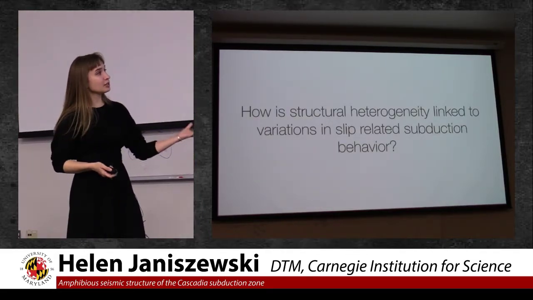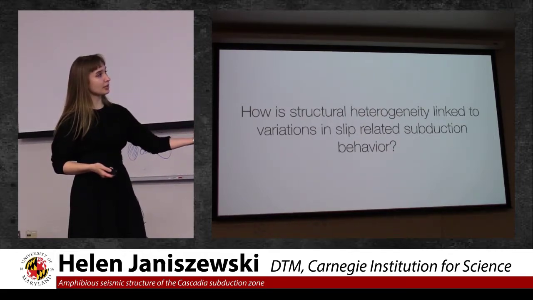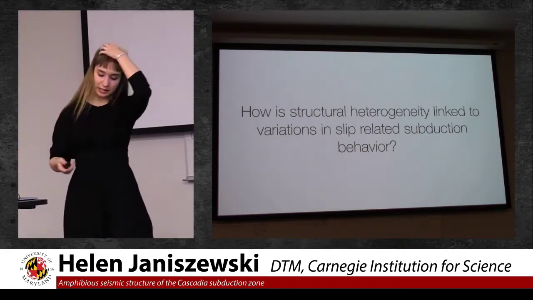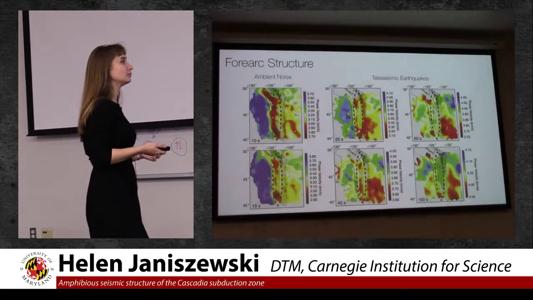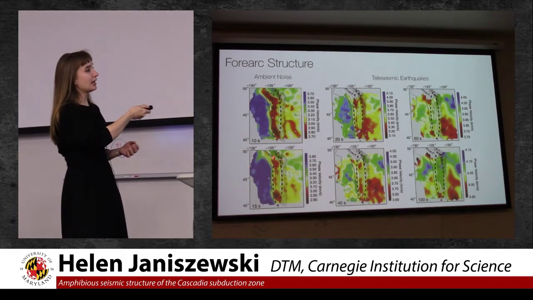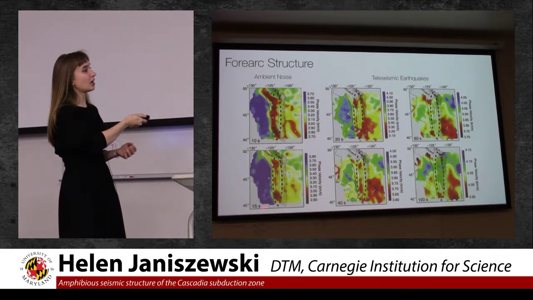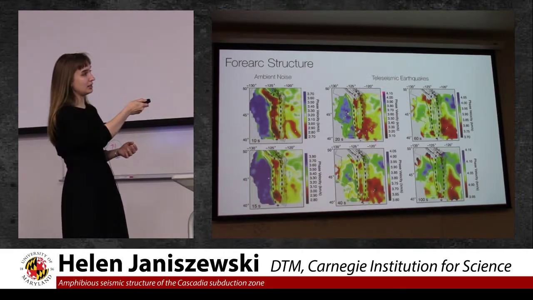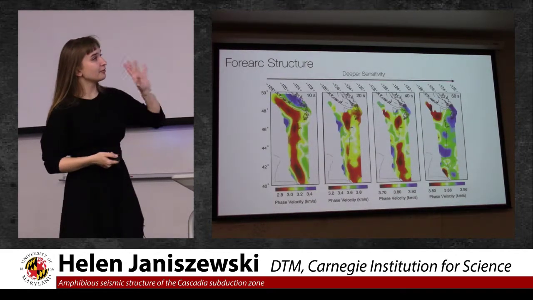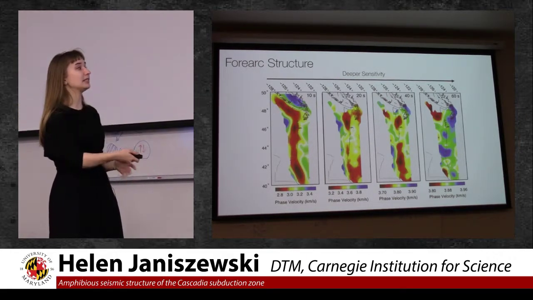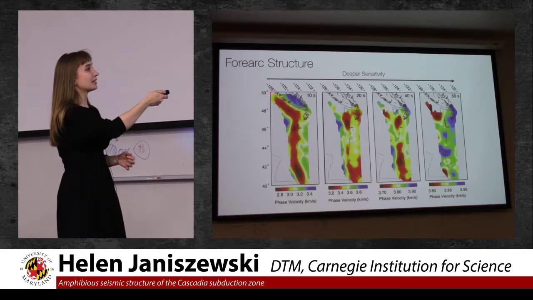So then the next question, again about structural heterogeneity, but now asking how it is related to variations in slip and subduction behavior. And for this, we're going to go to the forearc. That is this area extending from the beginning of the deformation front before the arc, encompassing the coastline. And I've plotted this such that these velocities are saturated so that you can really nicely see the variations. This is, again, extending from 10 to 60 seconds,